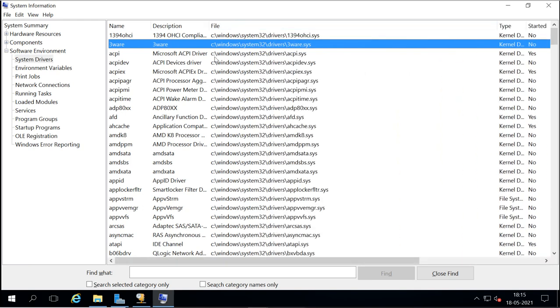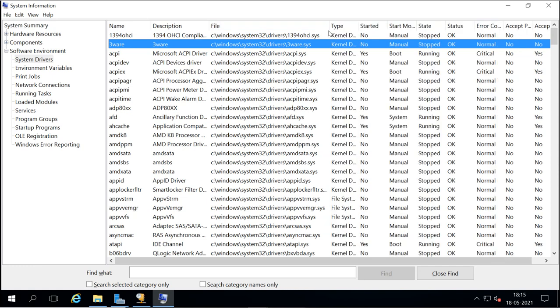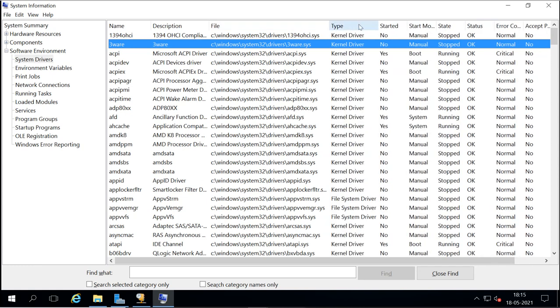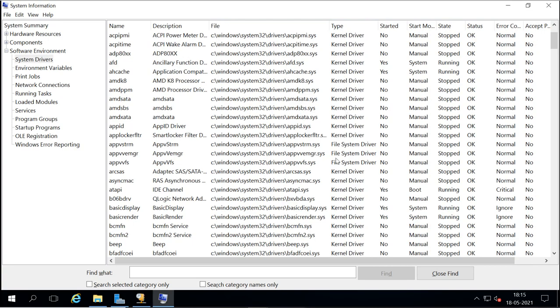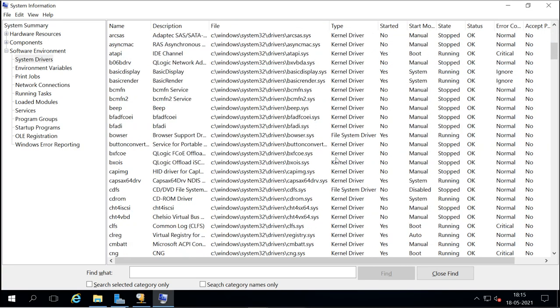So it is under the system32 drivers directory. This is the name of the file, acpi.sys, and what type of driver it is. These are kernel drivers, these are file system drivers, and so on.